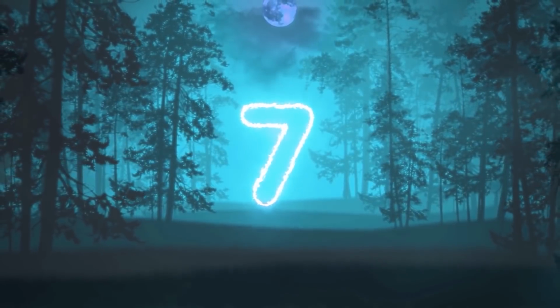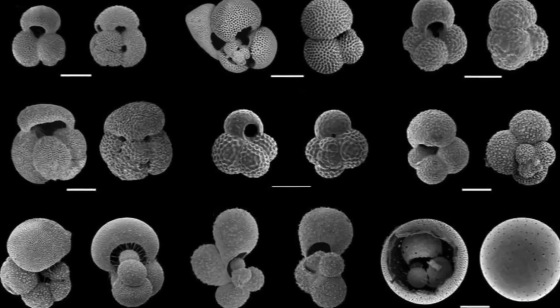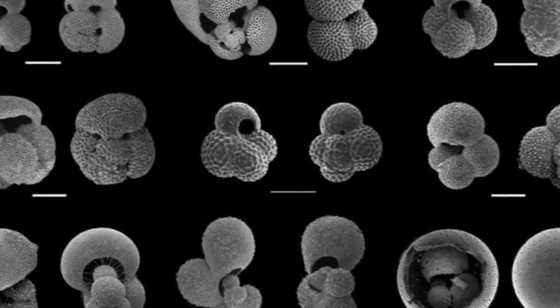In our number 7 spot today we have Foraminifera. These guys are giant single-celled organisms that are kind of like oversized amoebas, and they can be found in the sediment on seabeds throughout the world. In 1995, however, when Japanese researchers were able to collect samples of sediment located in the Mariana Trench, they found